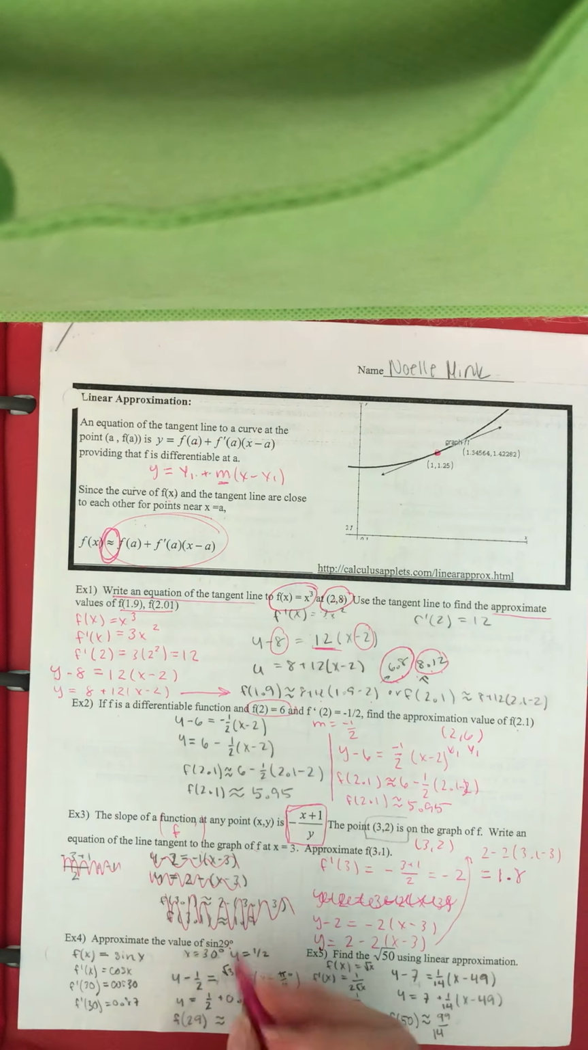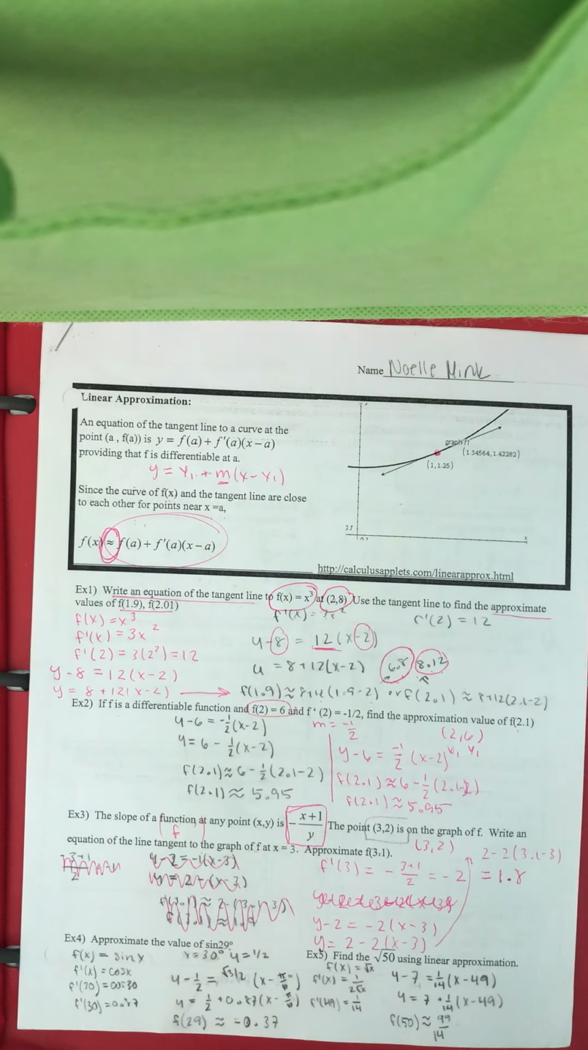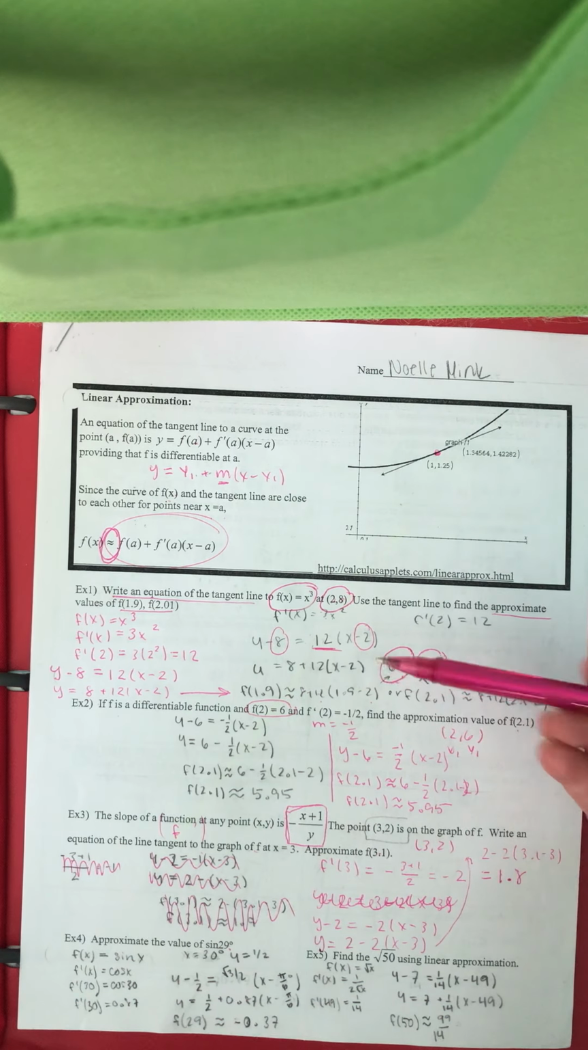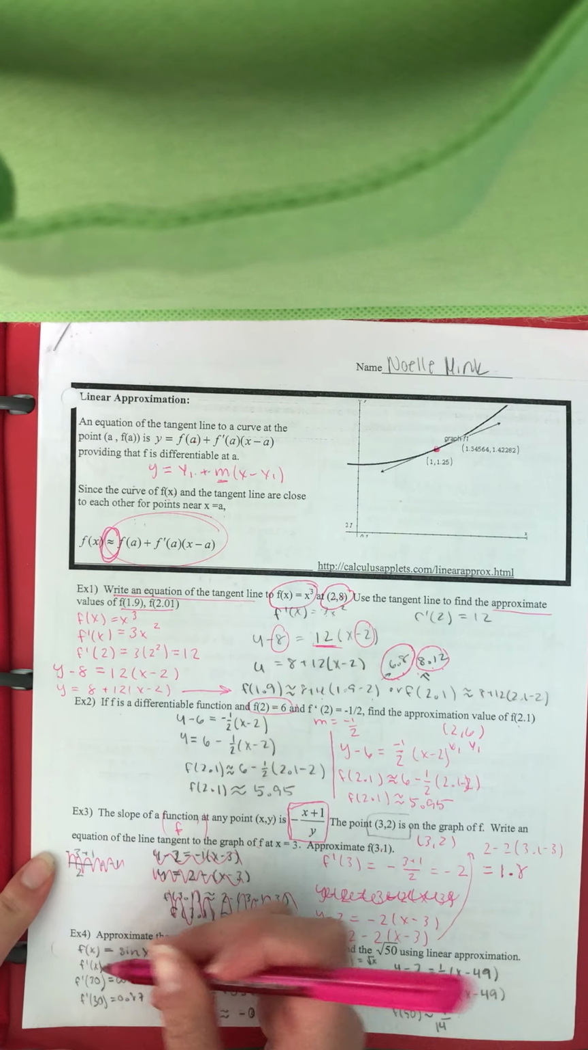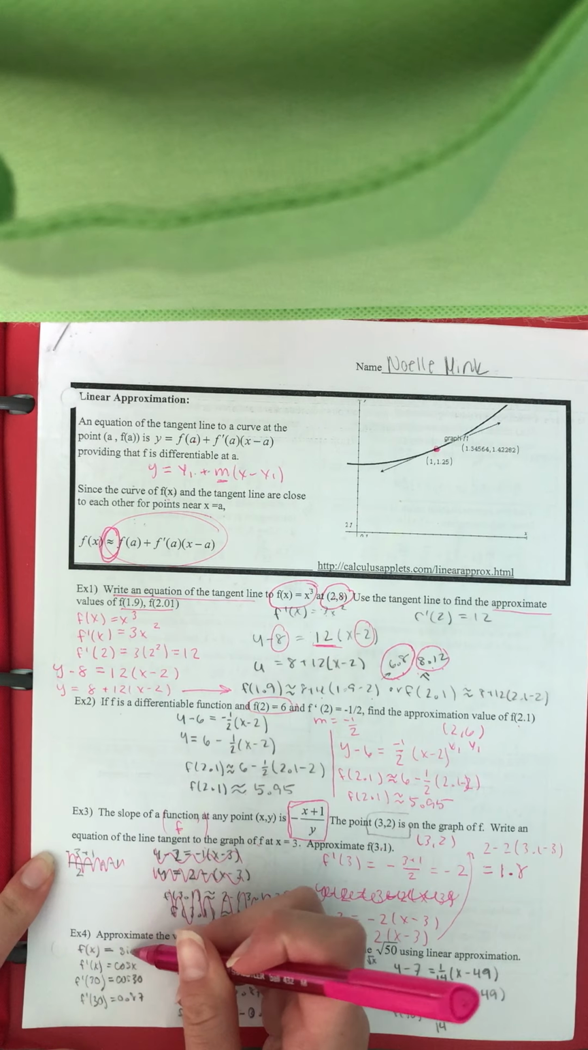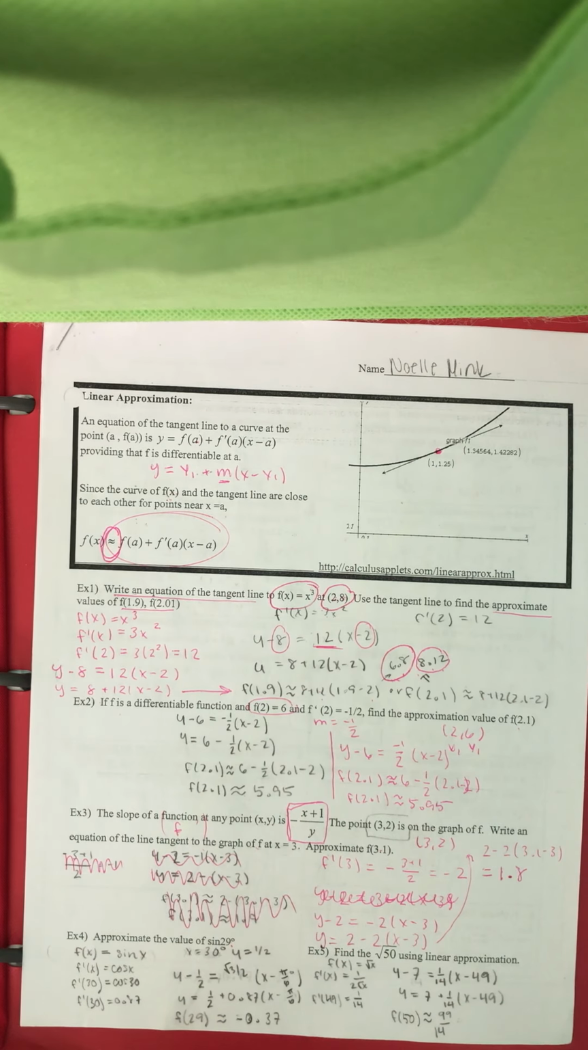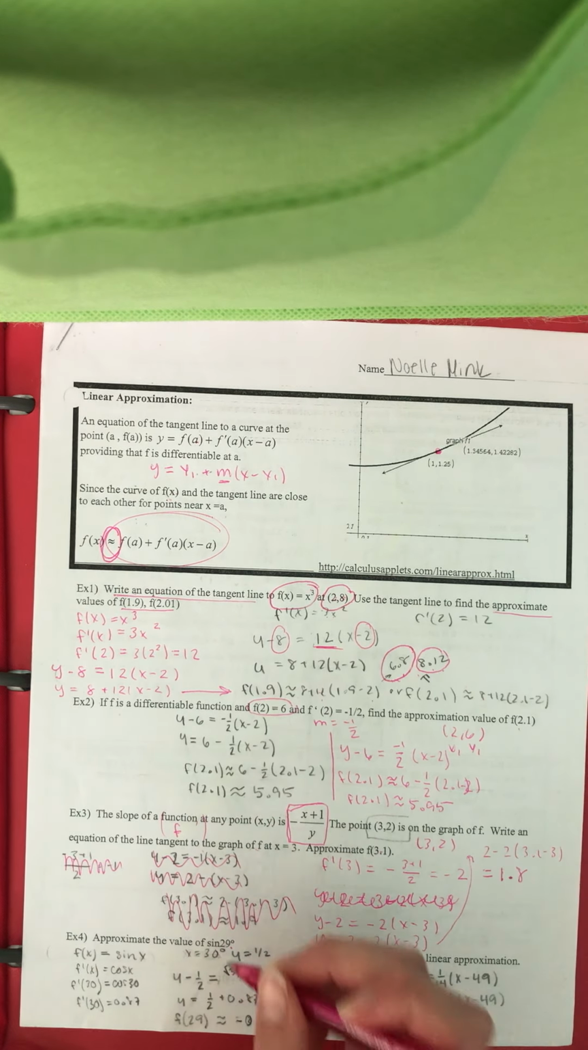Therefore, you know that in order to approximate, you need to find the tangent line, the equation of the tangent line. And in order to get the equation of the tangent line, you need the slope. So the first thing you're going to do is differentiate. So f prime of x, or f prime of sine x, is cosine x. And you're going to find the slope at